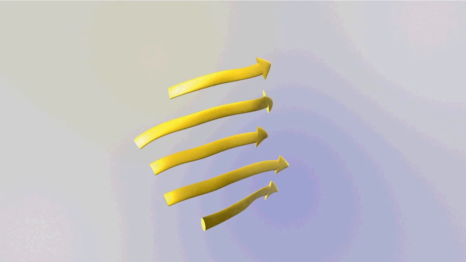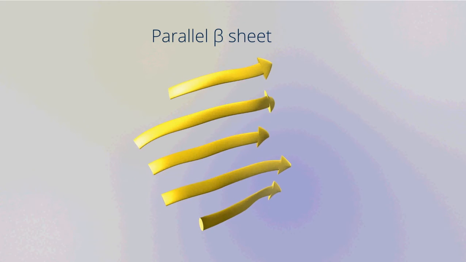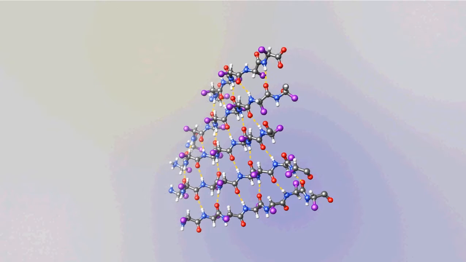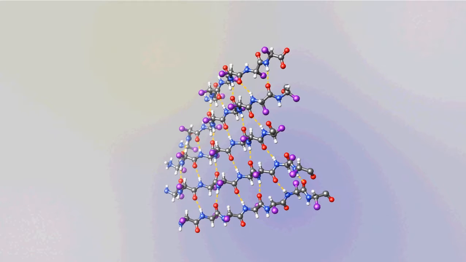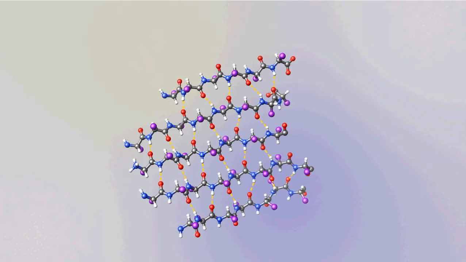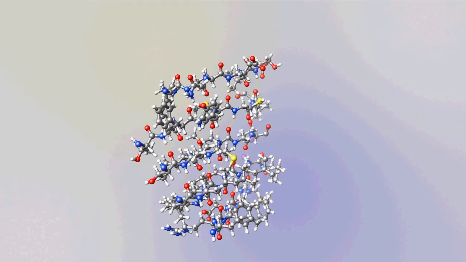Beta sheets can also be constructed from polypeptide segments with the same orientation. Here, the strands are parallel, so their C-terminal ends point in the same direction. In a parallel beta sheet, the hydrogen bonds are somewhat distorted, so this sheet is slightly less stable than an anti-parallel beta sheet. In a beta sheet, as in an alpha helix, the side chains are not involved in forming